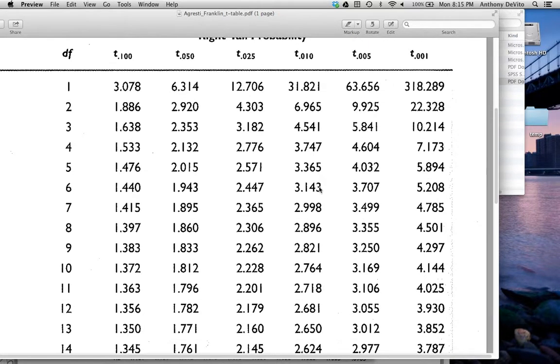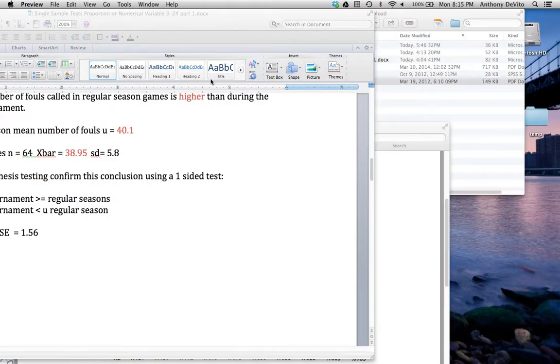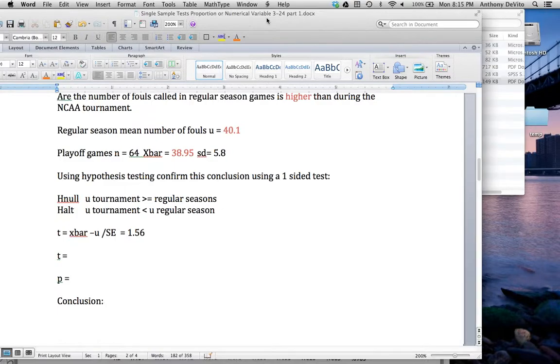So you can kind of use the t-tables to bracket what the real probability is, but it's not like using the z-table where you get an exact number. Okay, so this is pretty confusing, I know. And we're gonna look